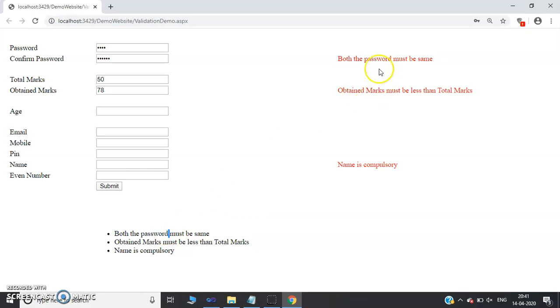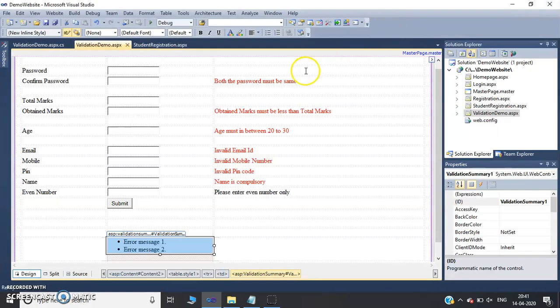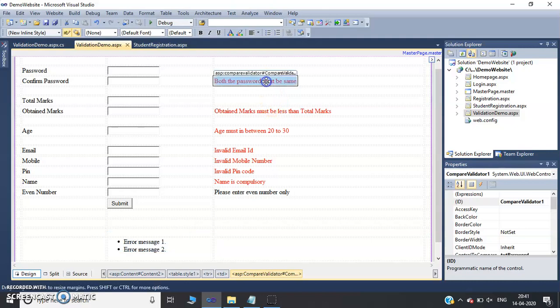You can hide the errors which are displayed in front of controls, and you can display errors only at the end of the page. So to hide these errors, you have to change a property of each validation control. That is, the property is nothing but display, that is static mode.